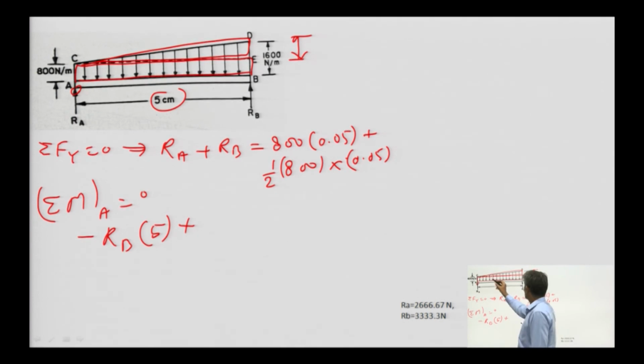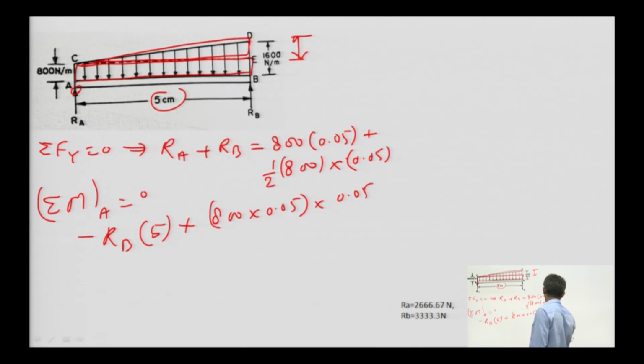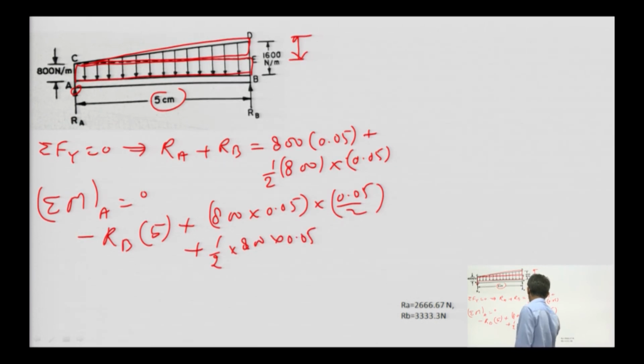So, plus 800 into 0.05 total load, into 0.05 divided by 2, and this is UDL. For UVL, half into 800 into 0.05 into